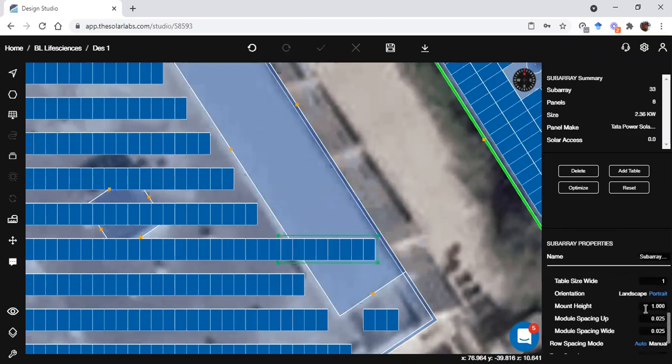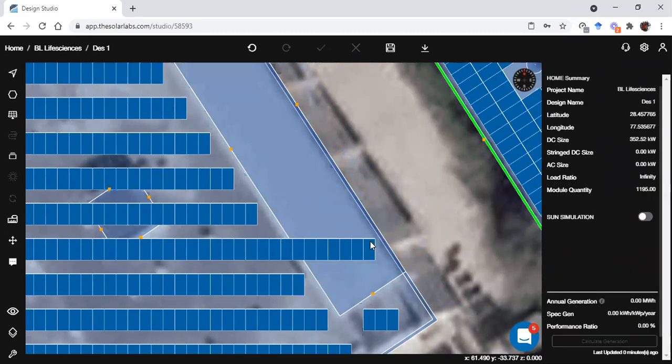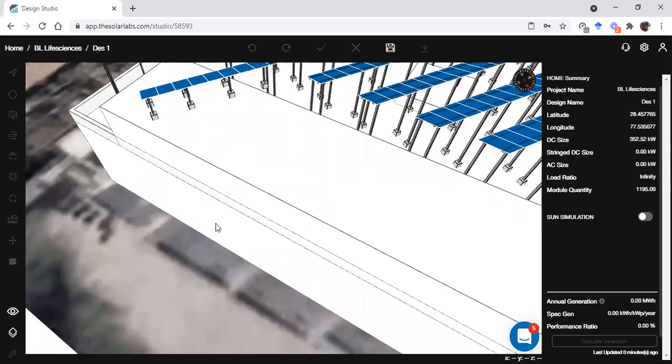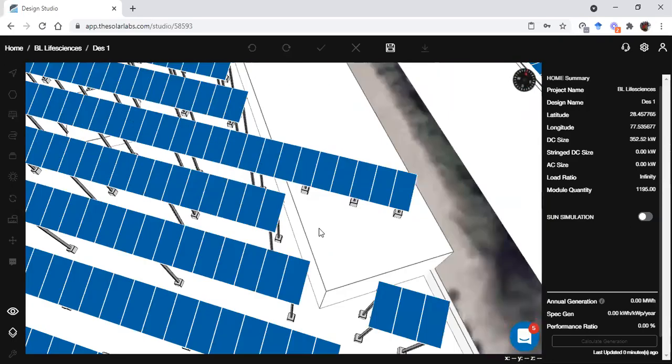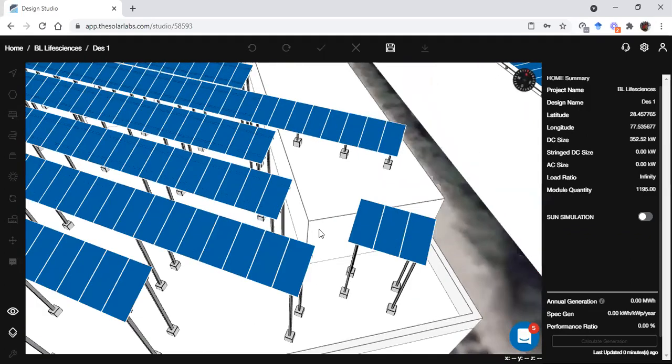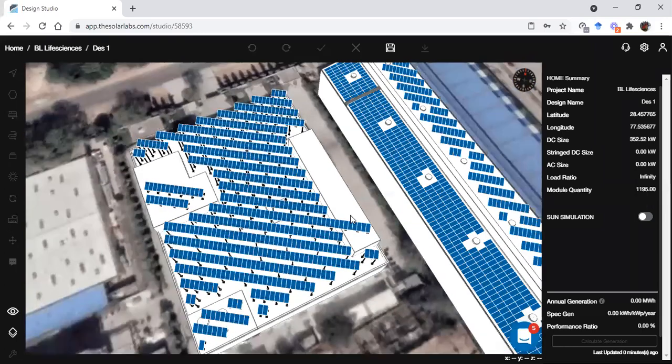This says 1 meter, and these were at 4.5. This is 3.5 plus 1, 4.5. So all will have the same height. If I show it in 3D, this is how your structure will be. For a joint structure, you can use it like that.